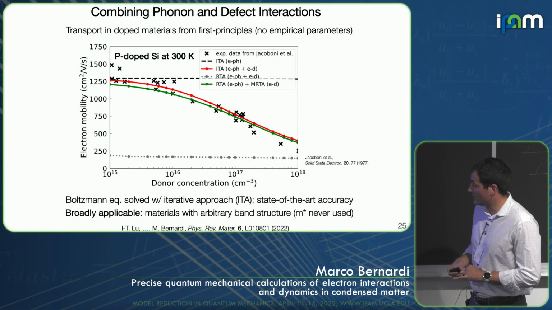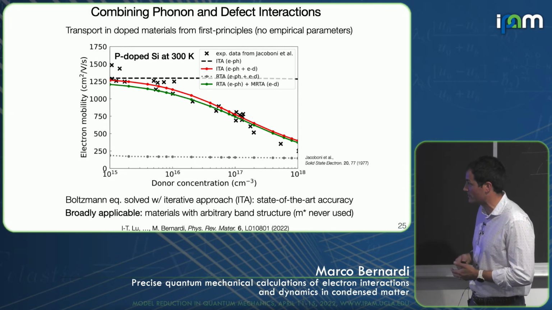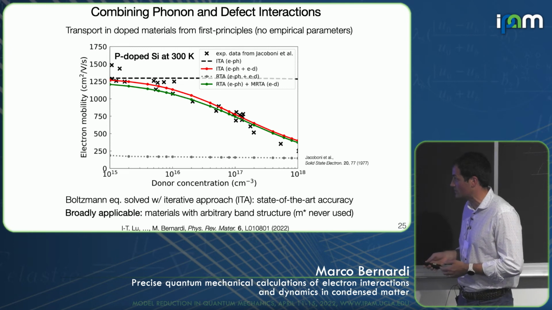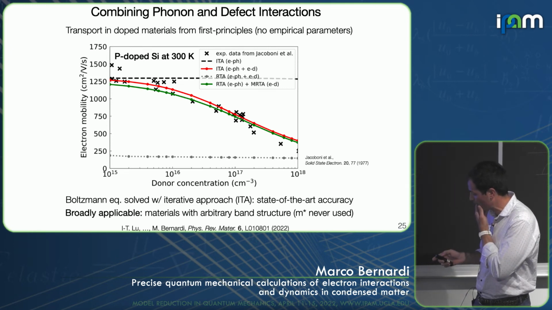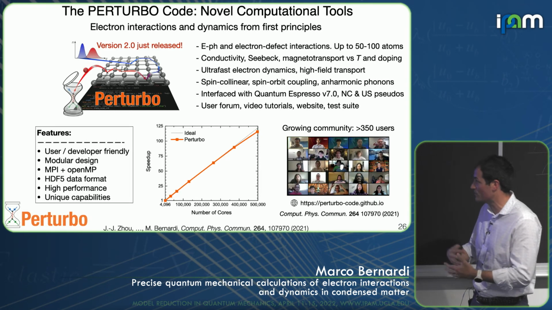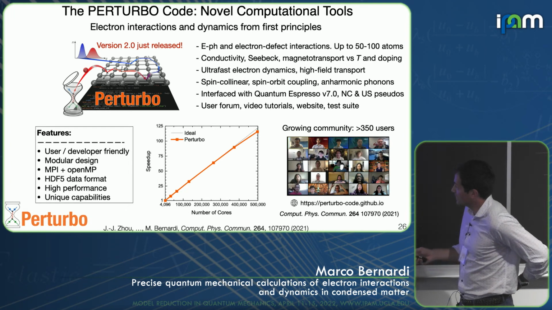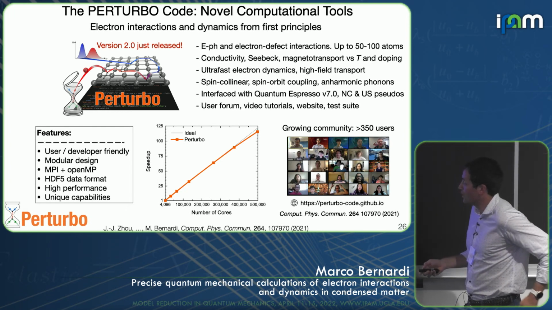So in a way, this now completes the dominant types of scattering mechanisms that you have in matter. Electron-electron is one that I have not mentioned that we're also currently working on. And so the set of tools that we have basically keeps growing and expanding. And so a couple of years ago, to address